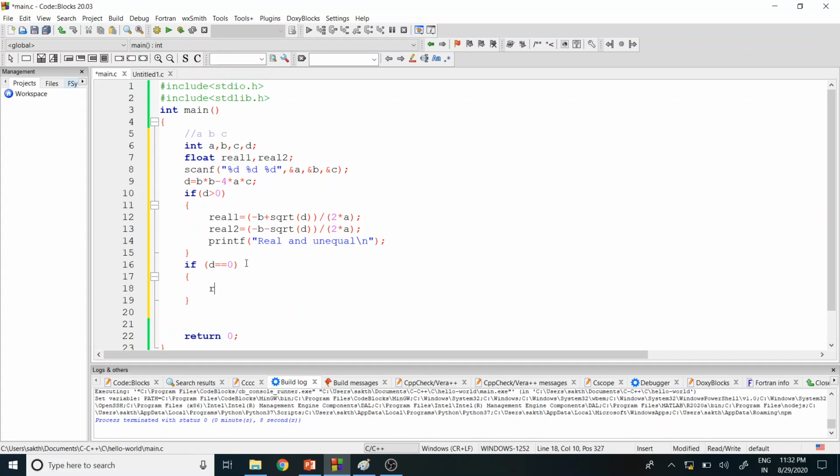So I'm going to take only one root. So real 1, and that value will be equal to minus b by 2a. This is the value, and then I'm terminating it and saying that this value is real and equal. So this is the condition for when b square minus 4ac is equal